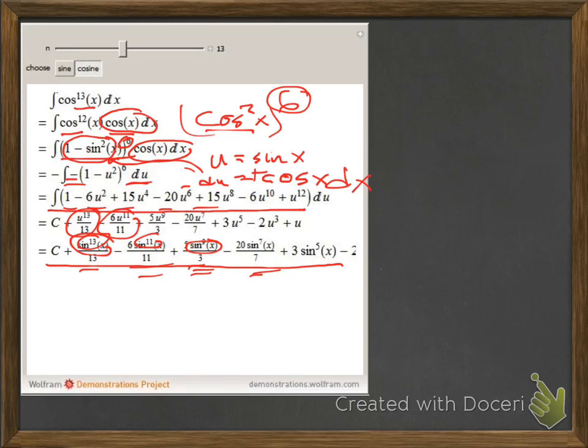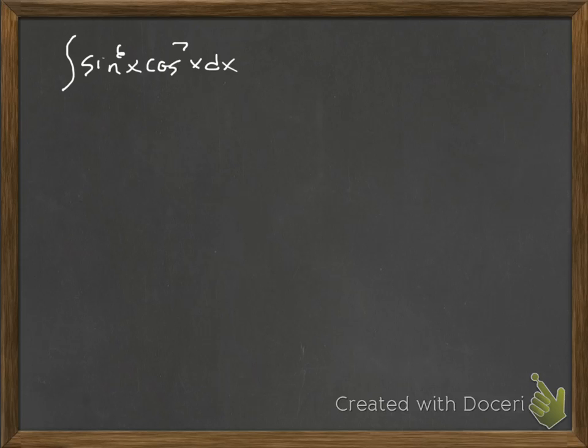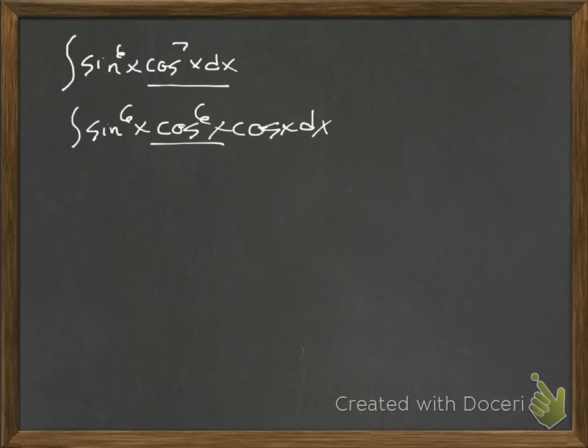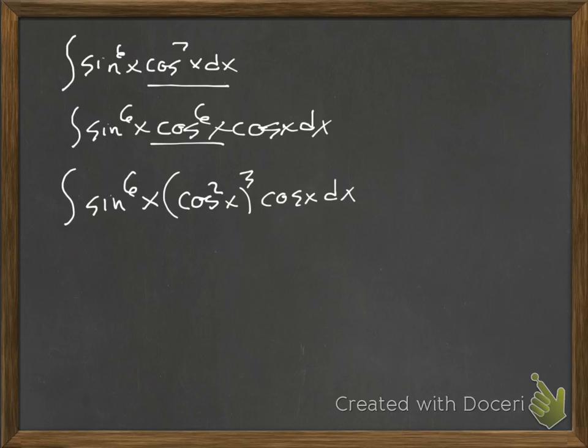Now let's talk about putting them together. Okay, so here's an example, sine to the 6th power, cosine to the 7th power of x, and we want to take that oddball, that cosine to the 7th power, you want to split out one of the cosines, so what you end up with is sine to the 6th x, cosine to the 6th x, and there's that extra cosine you just factored out. Now, this even powered one we're going to rewrite like we did in that last situation, so that cosine squared we replace with 1 minus sine squared, so we use sine to the 6th of x and 1 minus sine squared x to the 3rd